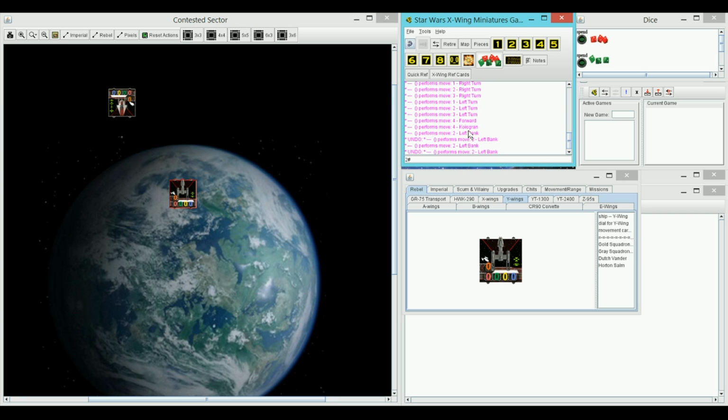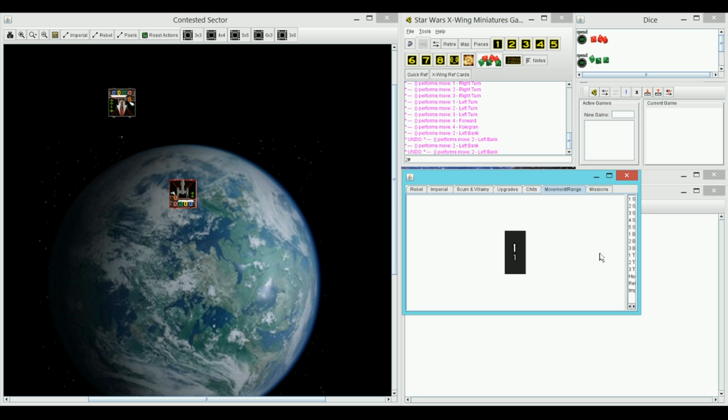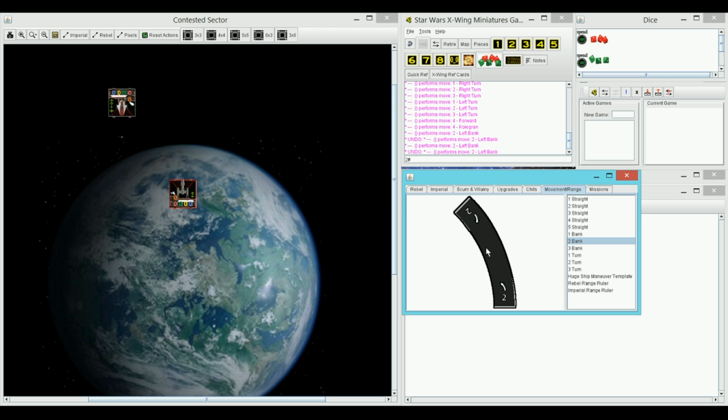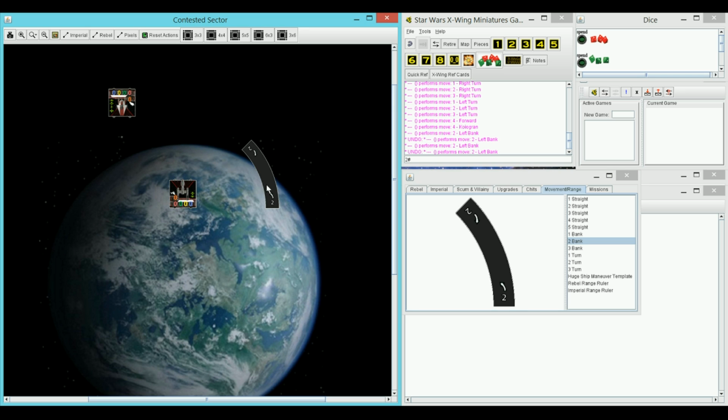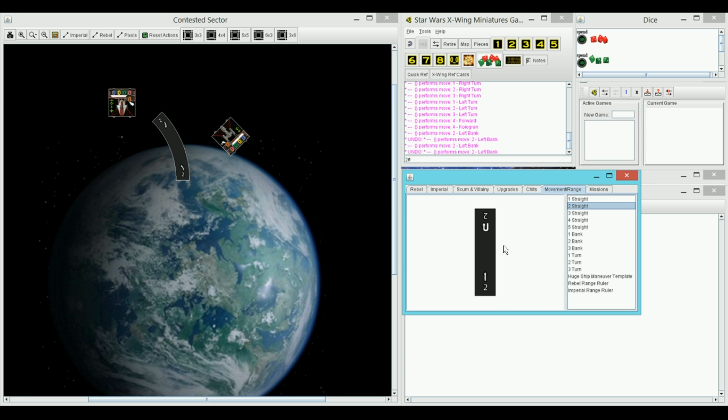Here I'm going to show you what we do when a maneuver can't be finished by the computer. Then we have to manually move the ship. You can grab the template for the move that you were going to take. As you saw, the Y-wing overlapped the aiming. And it's best to back up with the undo button, place the template down, and here I'm going to grab 2 templates